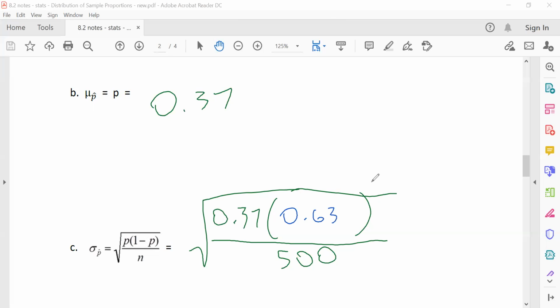I would do 0.37 times 0.63, which is 0.2331. I would then divide that by 500, which will give you a small number, 0.0004662. That's okay. Then take the square root of that